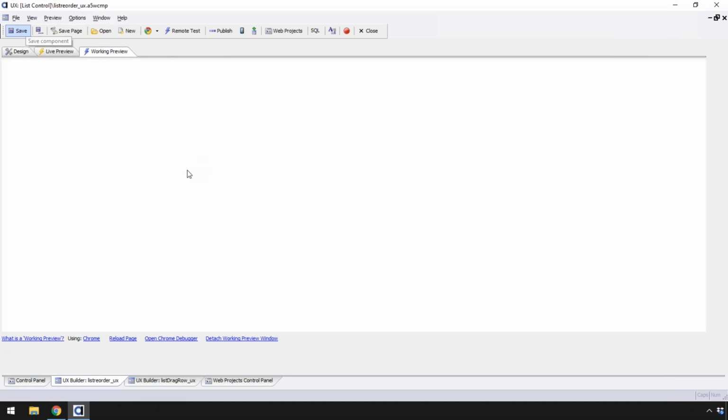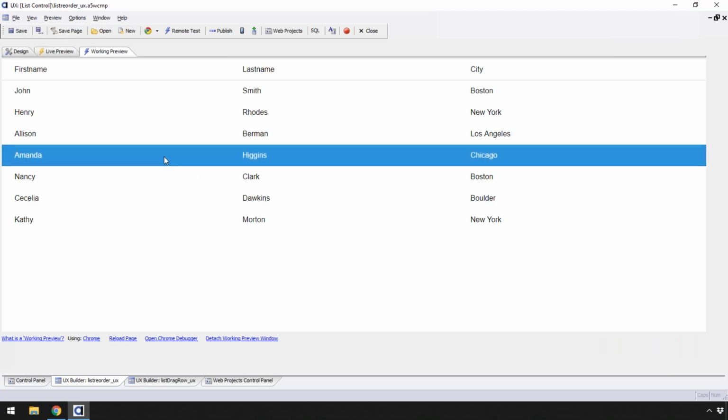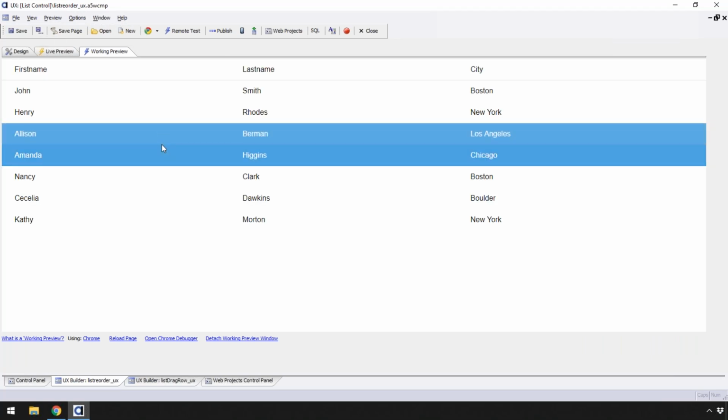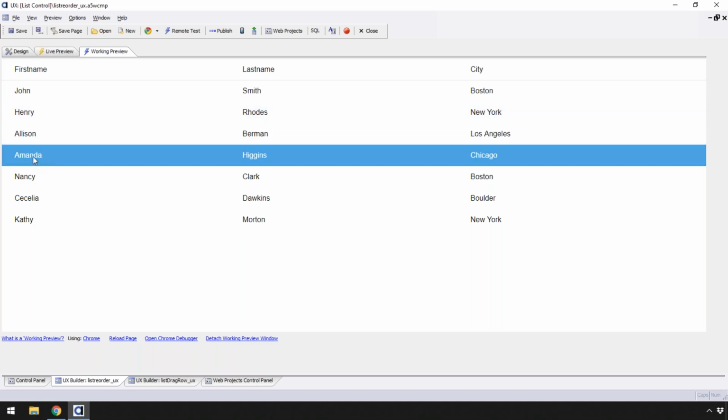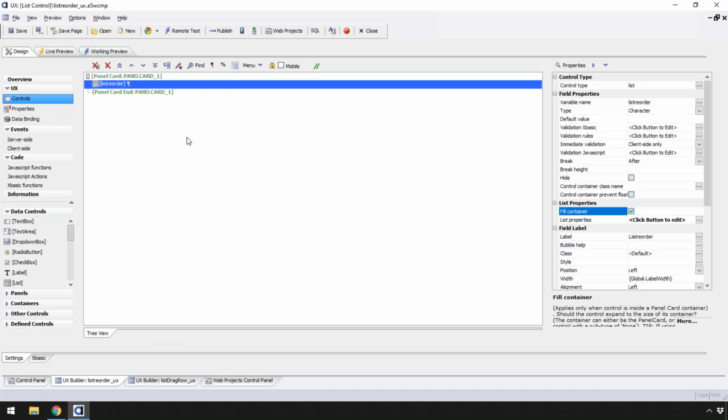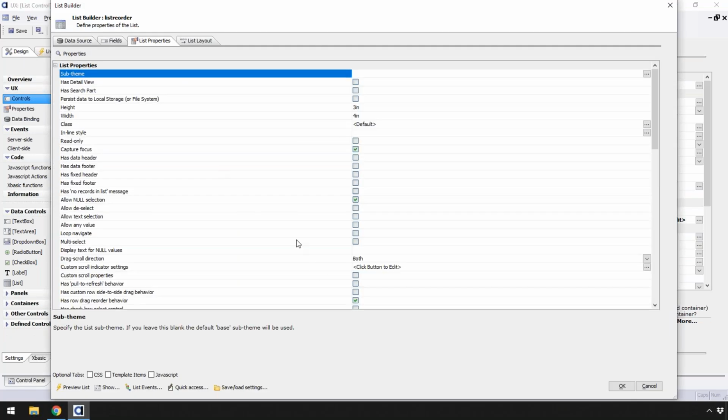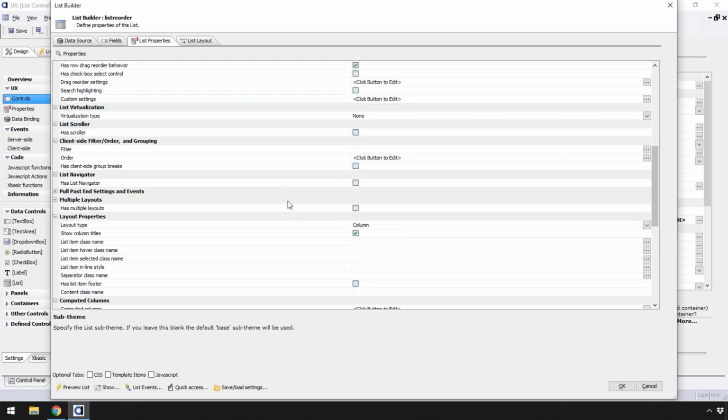So now we've enabled that feature. So the list is now enabled. Now it looks the same, but watch what happens. When I click and drag, oh, I actually have to go in and set something in here. Sorry. That shows me, go here to my list, reorder,